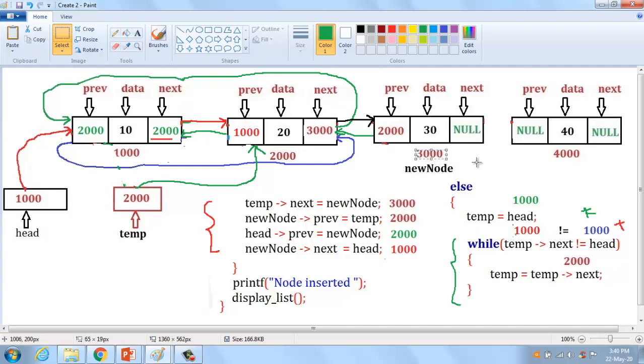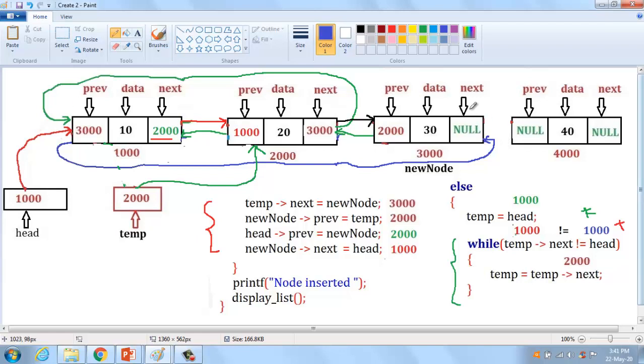So it should be changed into 3000. If 3000, this link is automatically terminated, and then it is directly connected with the last node in the list.